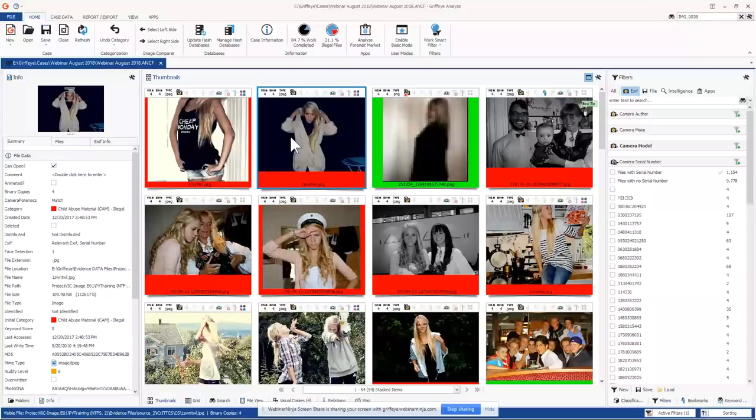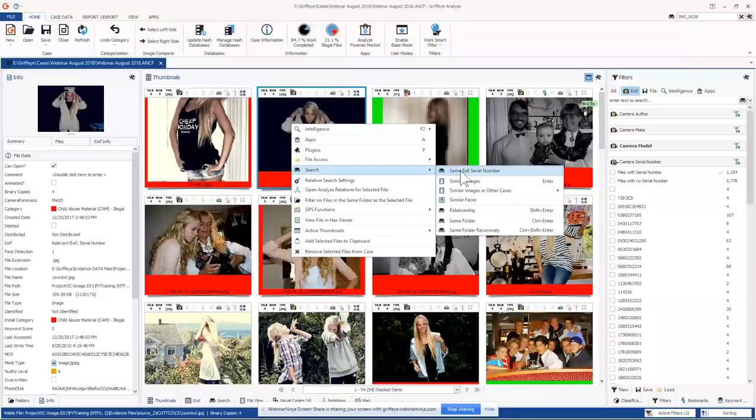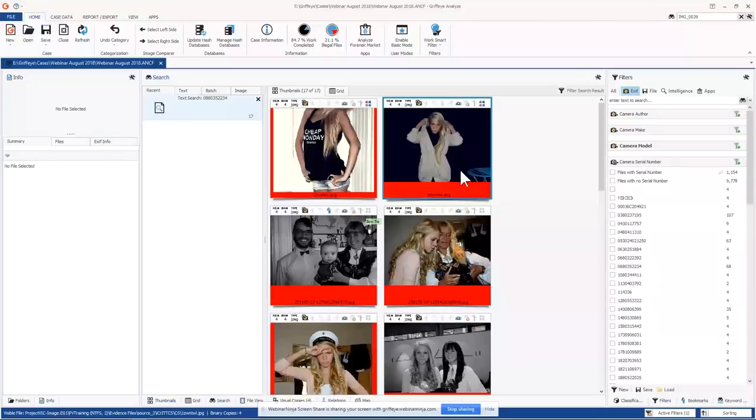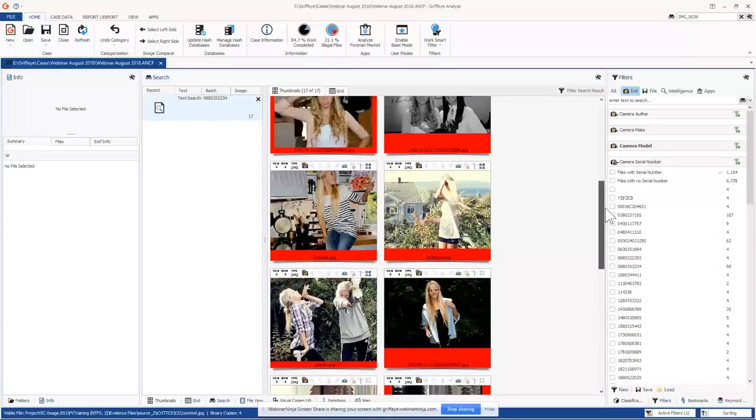This young lady, and it's telling me the thumbnail header icon has that pound sign. It's saying, hey, there is a serial number embedded in this photograph, but I don't happen to know much more information. I just want to find right now all the other pictures in this case or videos that contain that same serial number. So one of the things I can do is right click and go to search for same EXIF serial number, and it's kicked me over to the search tab now, but now it's showing me all the photographs that were taken with that same camera serial number.